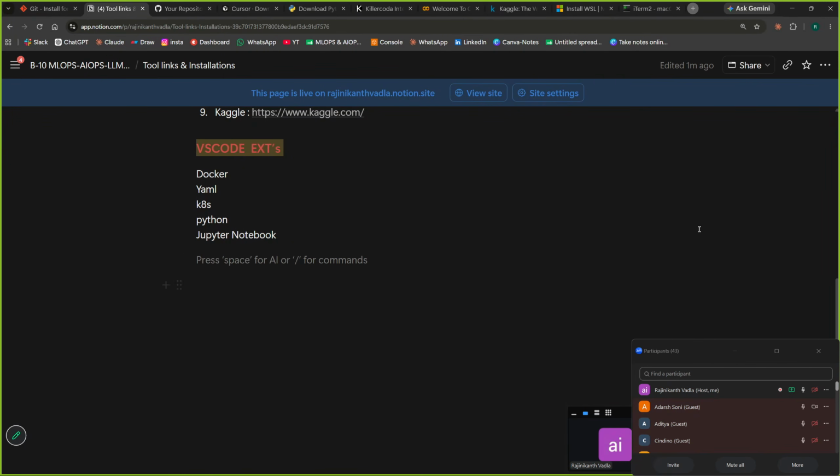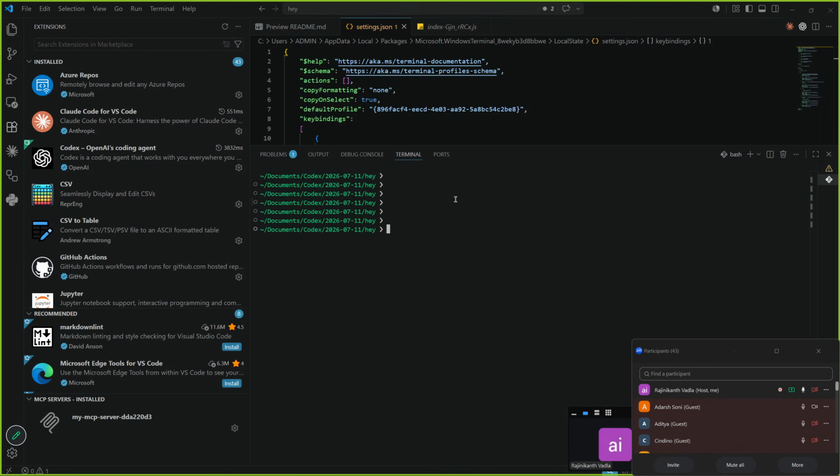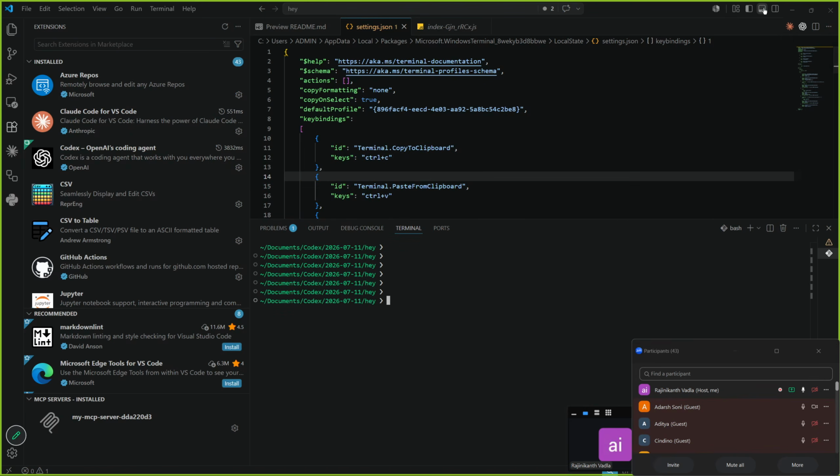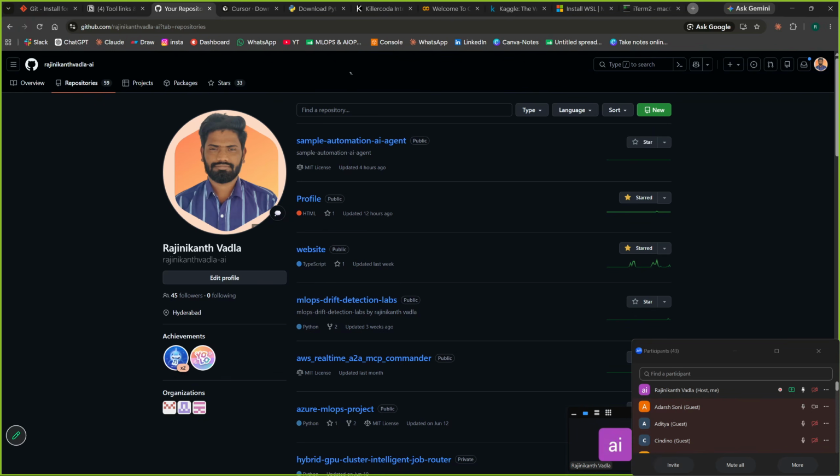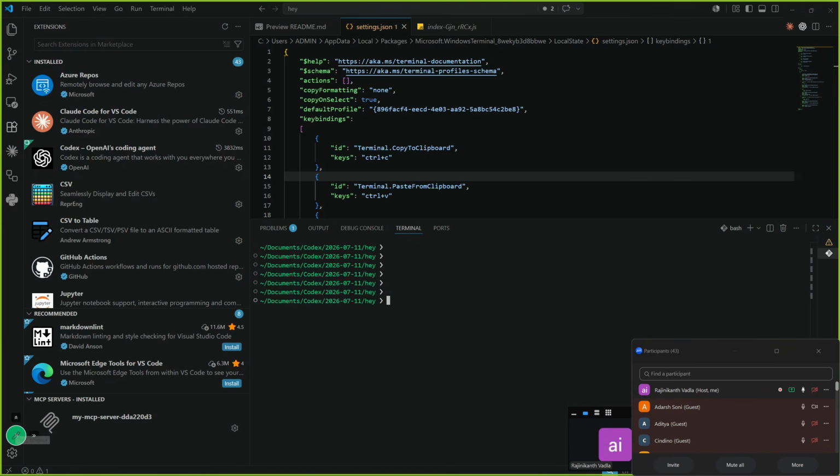Okay. Now, when I went to the VS Code, if you see here, I am able to open my terminal like this. And after your VS Code setup is done, please create your GitHub account, sir. I'm telling you now, you can create your GitHub account. If you create your GitHub account now, you have to connect this GitHub account to your VS Code.